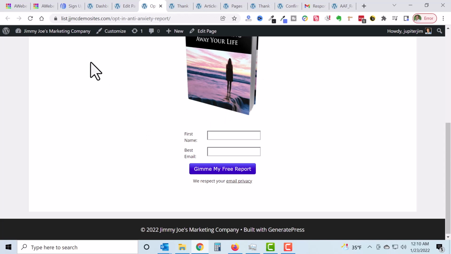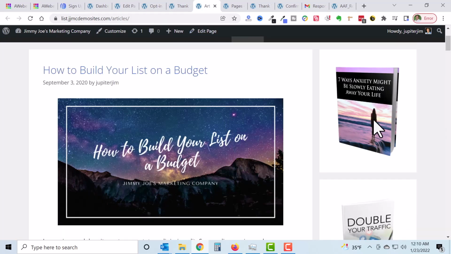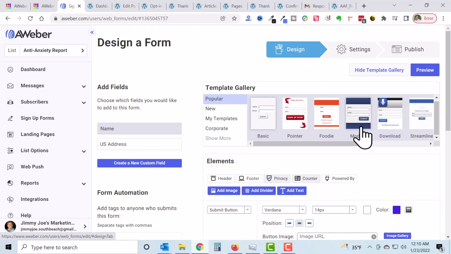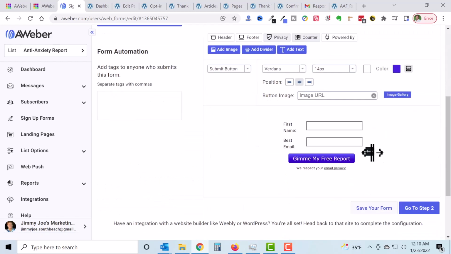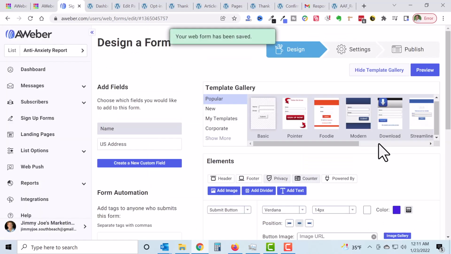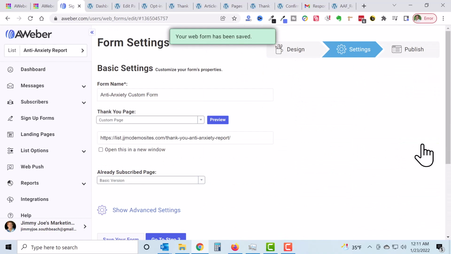It just updates automatically. Okay, last thing I want to show you before we're done, how to do it on a sidebar, have a cool custom opt-in form. So I'm going to go back to the same form, right? We're at the publish section. I'm going to go to design and I'm going to make it a little thinner, and you can experiment with how thin or narrow it needs to be depending on your sidebar. So save the form,